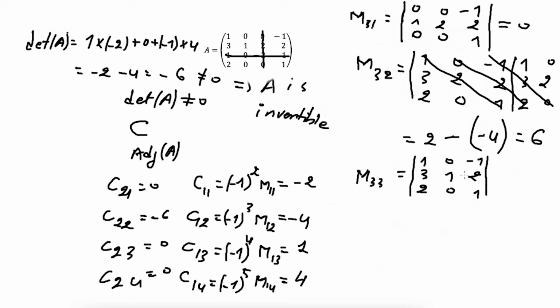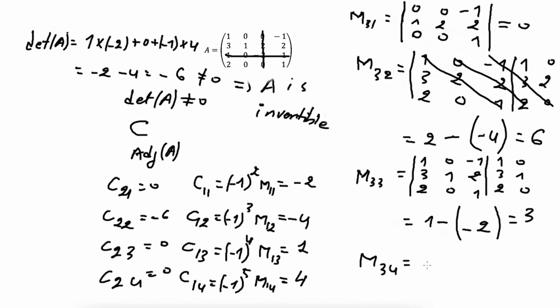So we'll write these two columns here, 1, 3, 2, and 0, 1, 0, 0, 1, 0. So this will be equal to the product of these elements: 1s, and 0 times 0 is 0, and here we also have zeros, so they are 0, minus the product of these elements, minus 1 times 2 is minus 2, and here are 0 and here are 0, so this will be equal to, minus times minus is plus, so it will be 1 plus 2 is 3. And